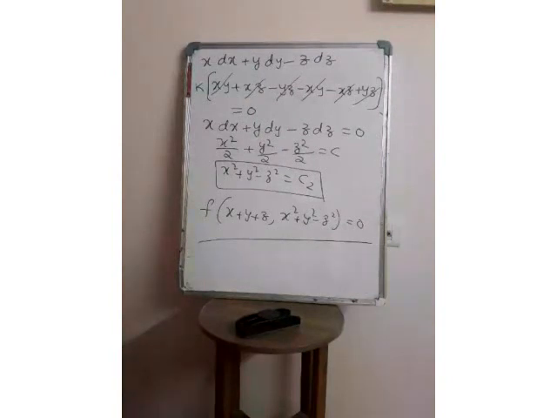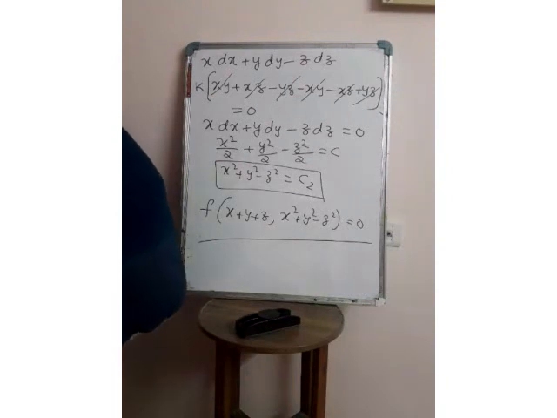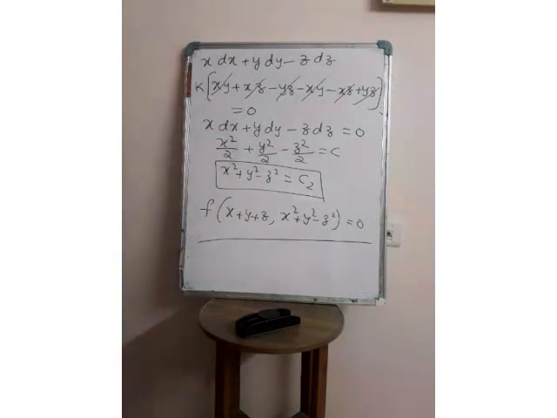Nikita, I don't think so. Dx minus dy minus dz will become 0. Okay, check dx minus dy minus dz. Because one relation we already got in terms of x, y, z, so dx plus dy plus dz is becoming 0. That is the first relation. I don't think so. Second one becomes dx minus dy minus dz. Once check, this will be the value. And Chaitanya, it is not x square plus y square plus z square. It should be minus z square.